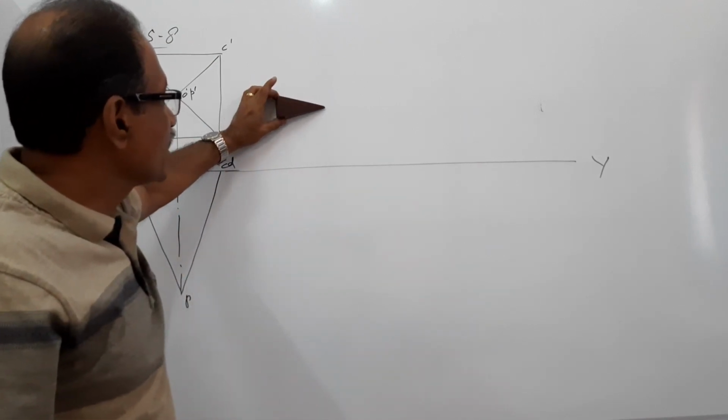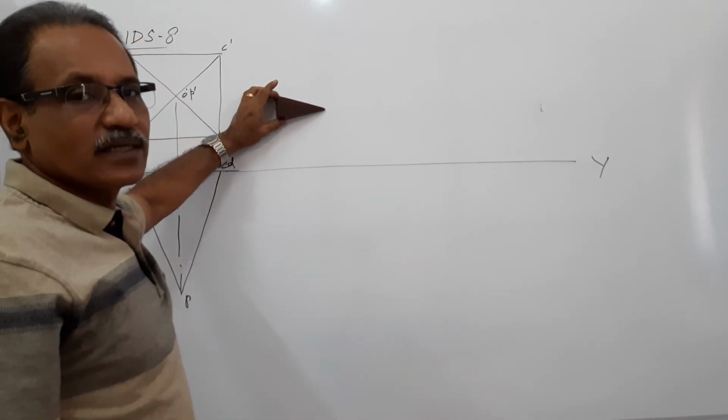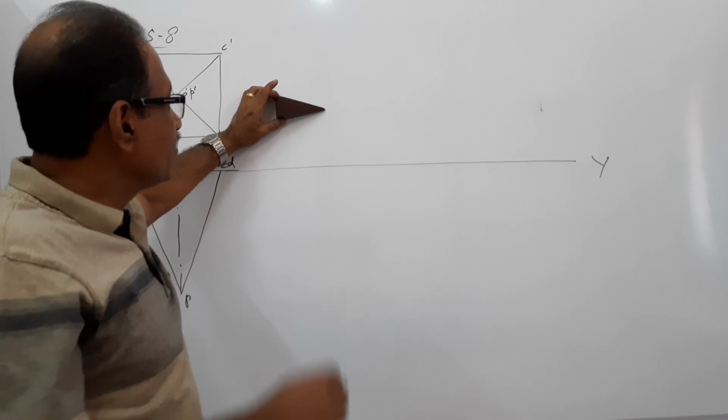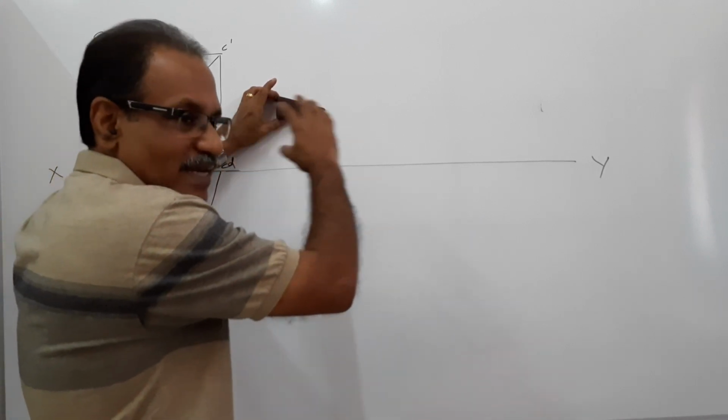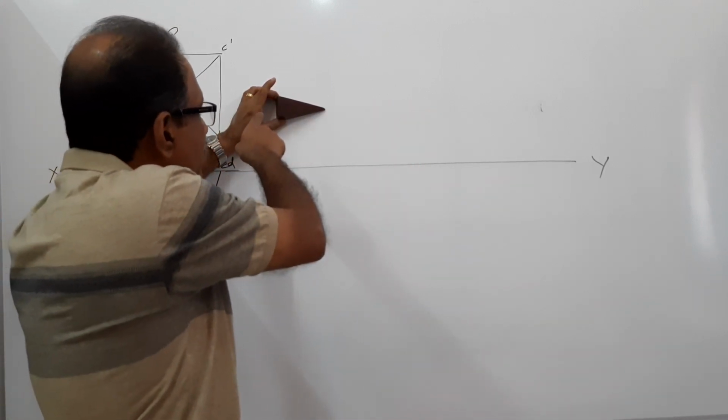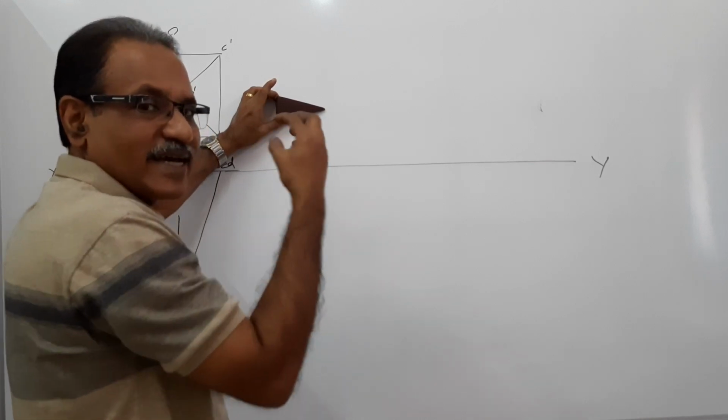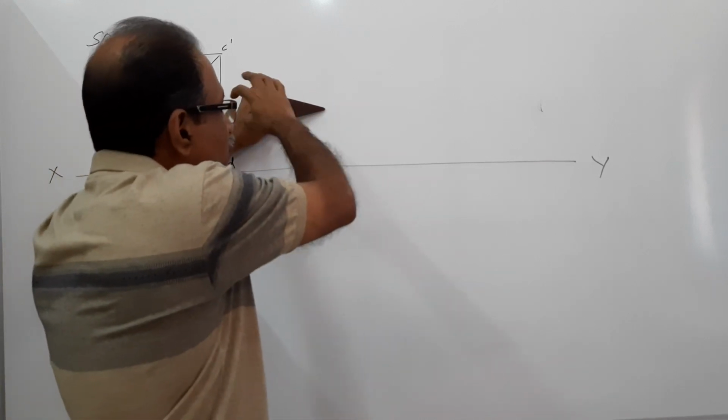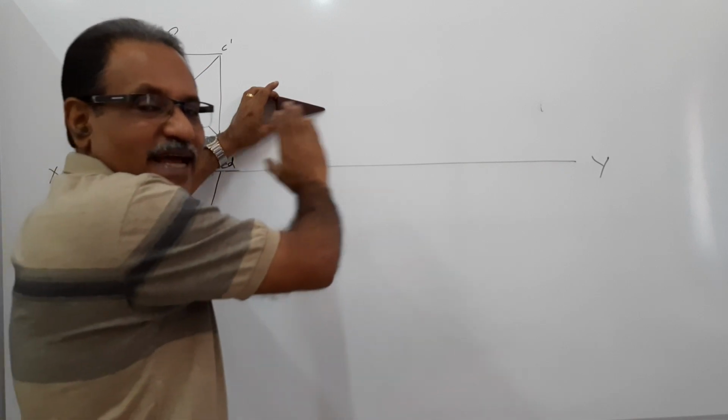So this is it. What's the plan? Plan is a triangle. What's the elevation? Elevation is something like a triangular shape. You will see the base part of the square base as a rectangle. You will see the apex, you will see lines connecting them, the surface triangular face connecting them.